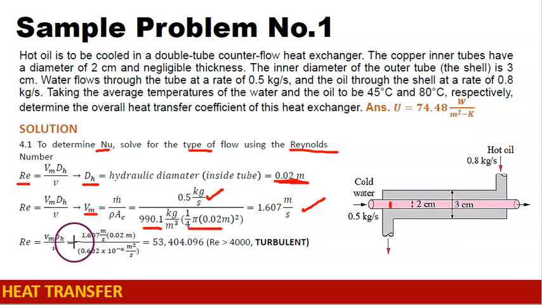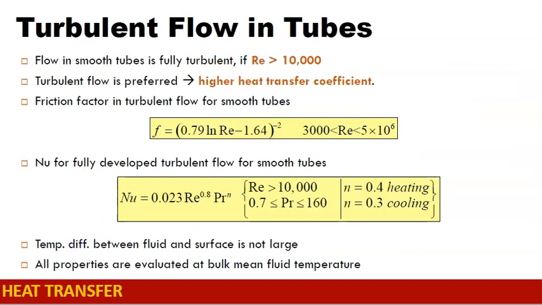So finally, substituting the value for the velocity, hydraulic diameter, and the viscosity, we can solve for the Reynolds number. So the Reynolds number is greater than 4,000. So for forced convection, if it is greater than 4,000, the flow is turbulent. So our relationship should be based on this type of flow. The Reynolds number is greater than 10,000,